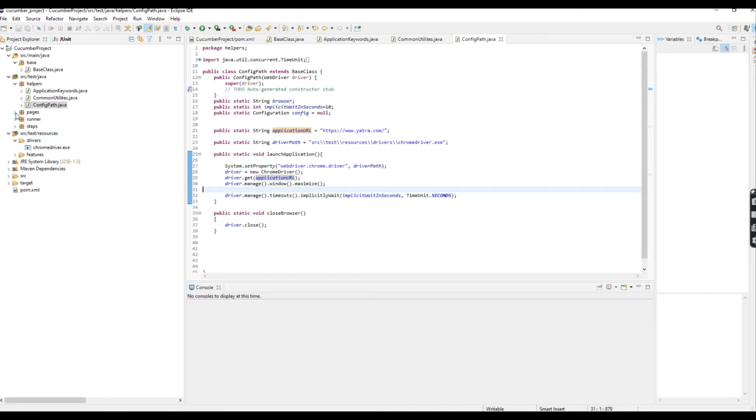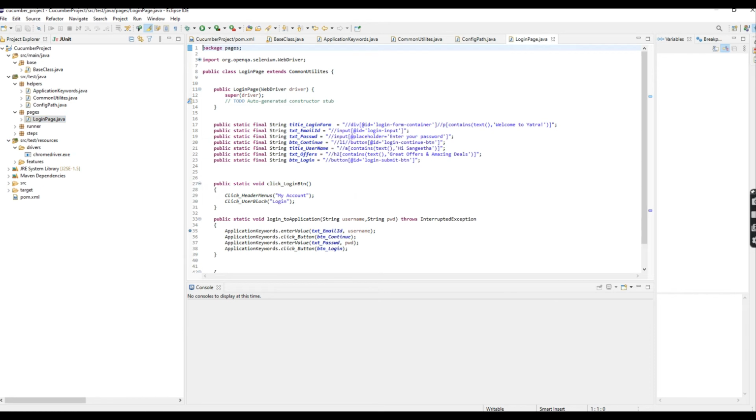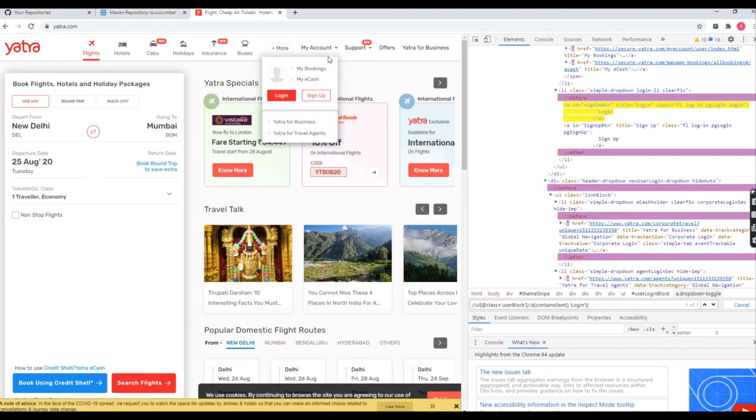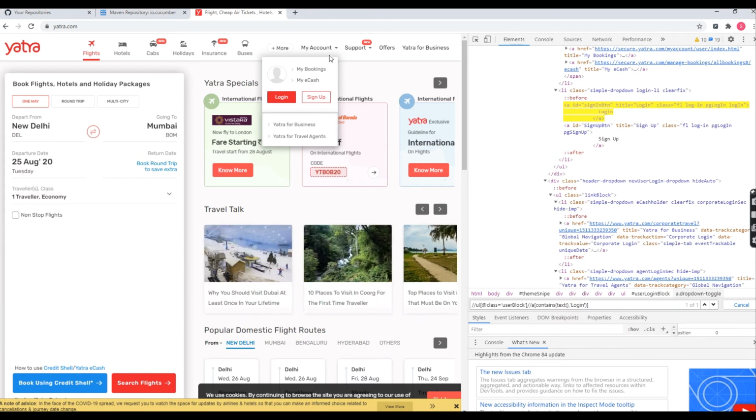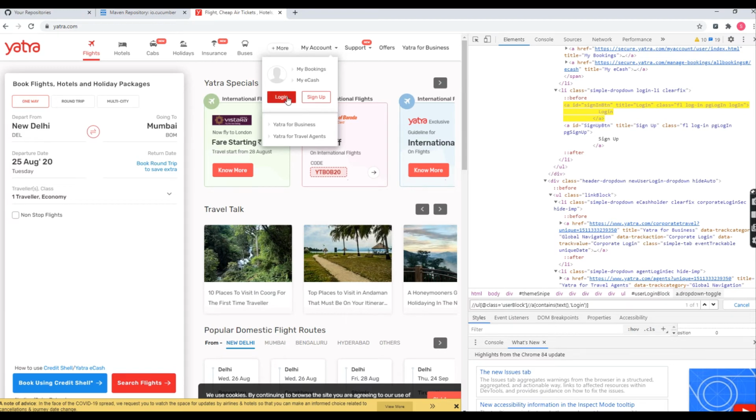Come to pages. So what are the pages? What scenario am I going to handle in which page? Obviously I'm going to handle it inside the login page only. So I'll tell you what steps I'm going to automate in the Cucumber project. After mouse over My Account, click on the login button.